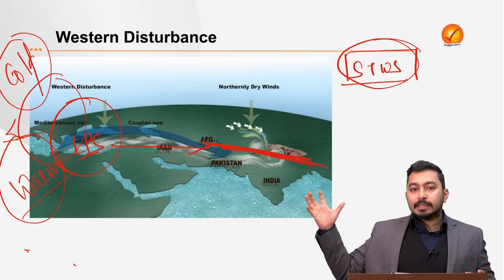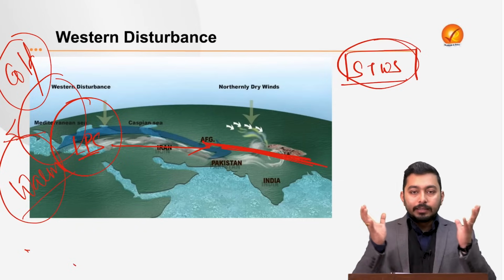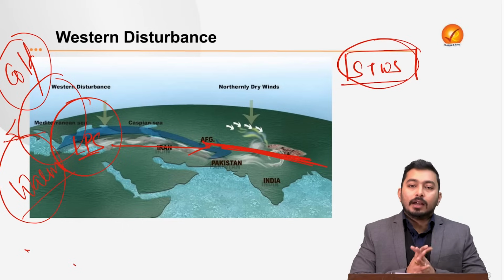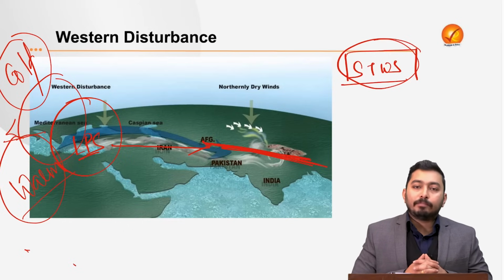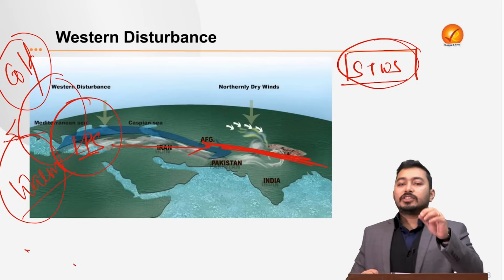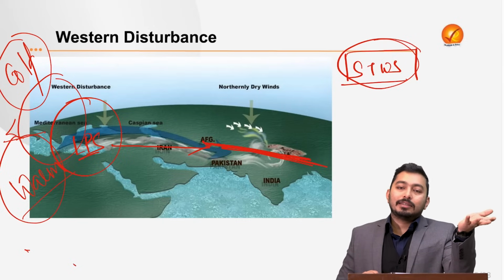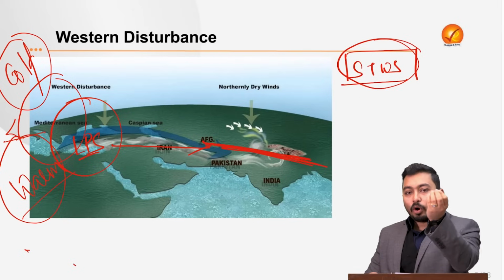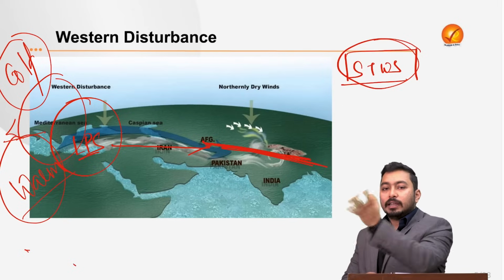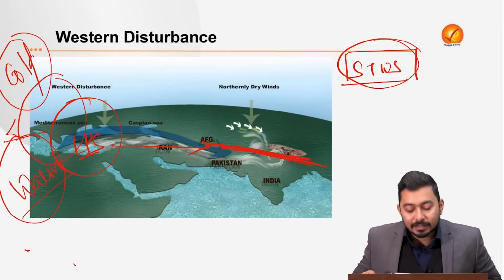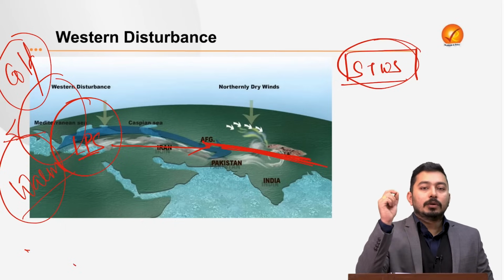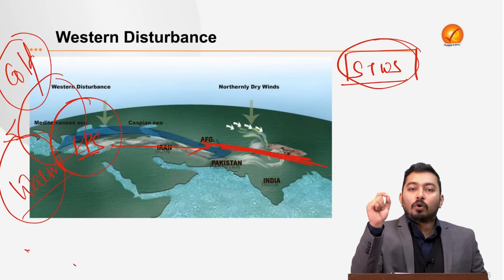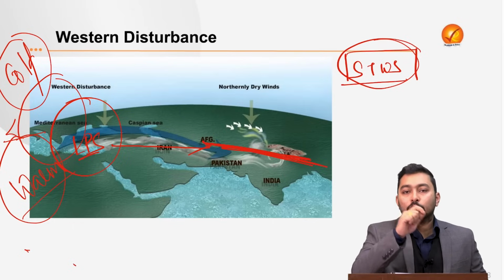So if an air packet is coming from the west and another from the east, and they are, let's say, colliding, a front is formed. And because of this front, a phenomenon called temperate cyclones is generated. Now this temperate cyclone is again a low pressure system. If, with the subtropical jet stream, it is traveling towards India, it is called a western disturbance. So the temperate cyclones are carried by the subtropical westerly jet stream from west to east, and they